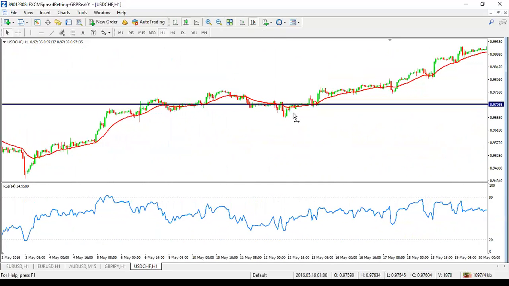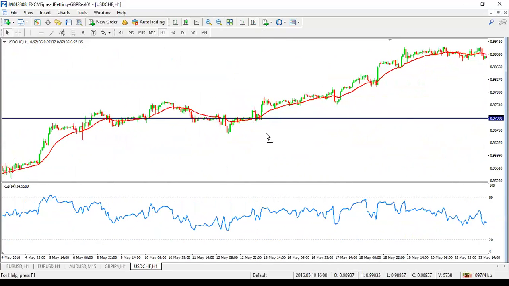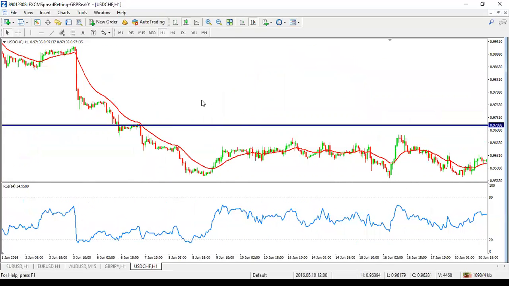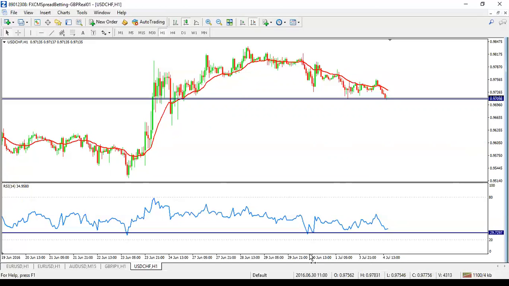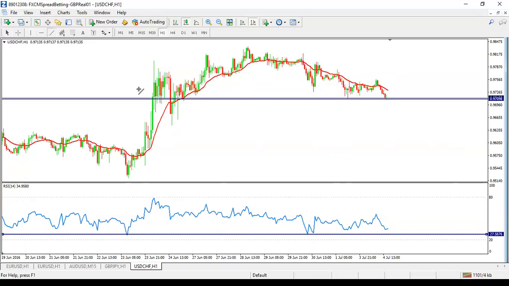Bit of resistance. Support following the uptrend. Resistance. So yeah, that's a nice level. So I'm concentrating on this level now. Look to my RSI for any divergence. You've got the same level on here. Take it down a bit. Same level, but